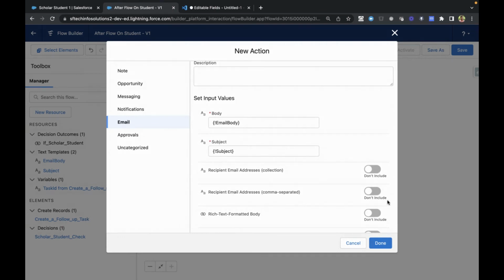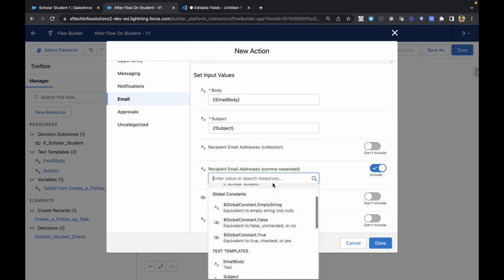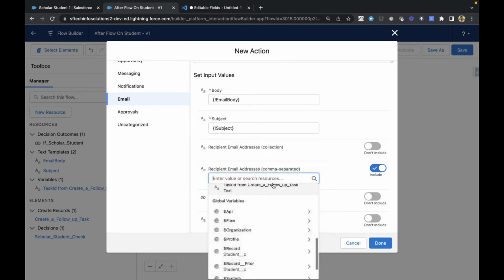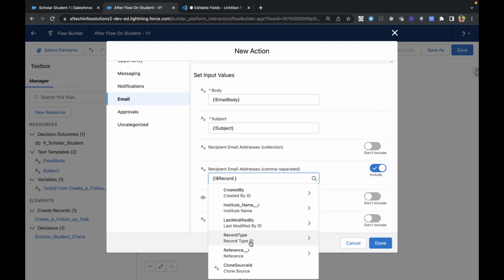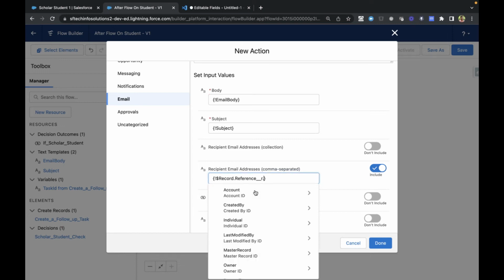So I have chosen this for email. What we need is subject and body. That's been chosen. Then the To address. To whom do I have to send? For the referee. So click on this, Include. Then choose reference here. So $Record dot